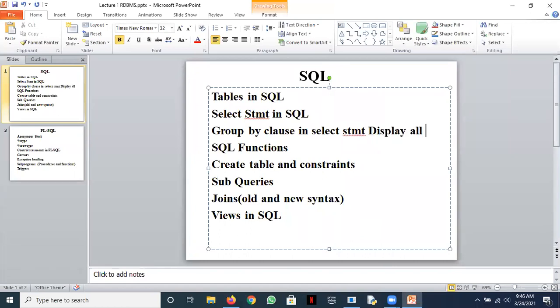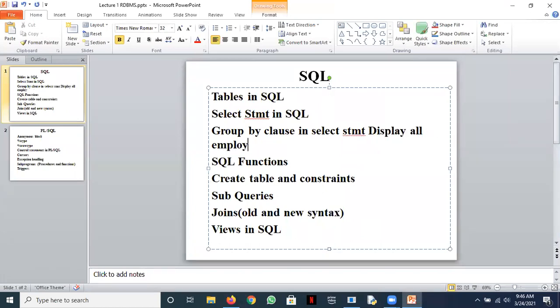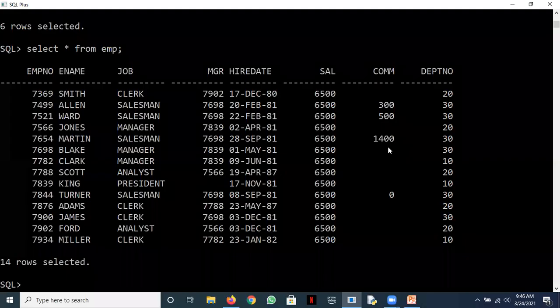Say display all employees department wise. Then I need to group on the department number column. Grouping is done on some column or a combination of columns. And how it is written, kindly see.